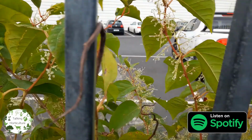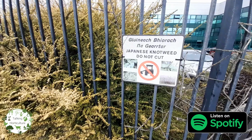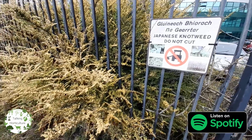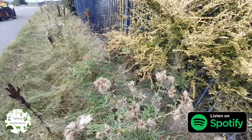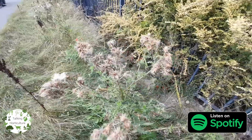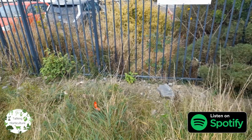We're chatting about Japanese knotweed this week in the podcast. So we went out to an industrial estate out in County Dublin to have a look at how one of the county councils is managing Japanese knotweed. So we went out to this area that was completely covered in knotweed a couple of years ago, and the